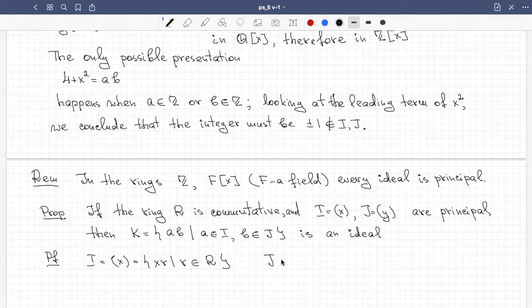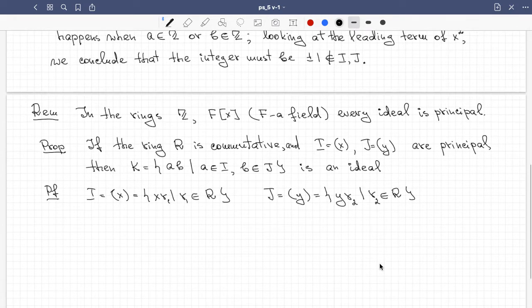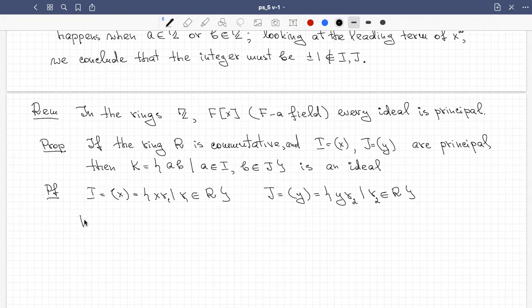And J, of course, is similarly generated by Y, another principal ideal, Y R for all R in R. I will write R1 here and R2 here to immediately show you what the set K looks like in this case. So K is defined AB, but any A is X R1, any B is Y R2,